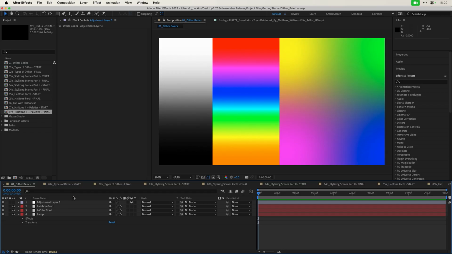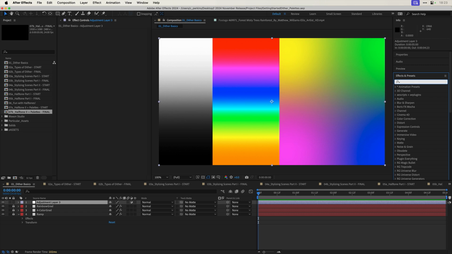Let's look at how this works here. I'm going to go to this adjustment layer. I find that with Dither, if you want to bring things together with the Dither plugins, it's a great idea to use adjustment layers rather than applying it directly to your footage. But if you only have one clip or something like that, then it's fine to use it directly, obviously. But using it on an adjustment layer will allow you to do everything in your composition or your sequence, applying Dither to all of it at once, which can be very unifying. So I'm going to go to the Effects and Presets panel. If I just type in Dither here, you could see all of these. Ignore this little preset that shows up here,